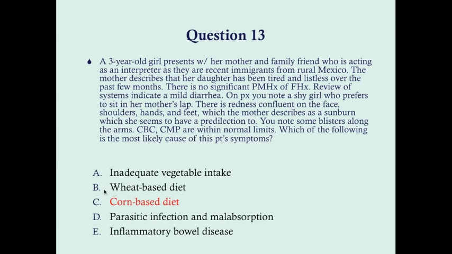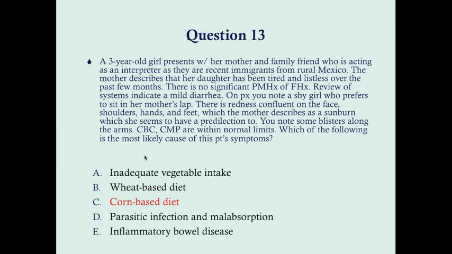Wheat-based diet, that's not going to cause a niacin deficiency. Parasitic infection and malabsorption, that is possible. A parasitic infection is possible. That can certainly cause a mild diarrhea, but that's not going to explain this redness on the face and the shoulders, hands, and feet that looks like a sunburn. It's also not going to explain blisters, and typically with a parasitic infection and malabsorption, it's going to give you